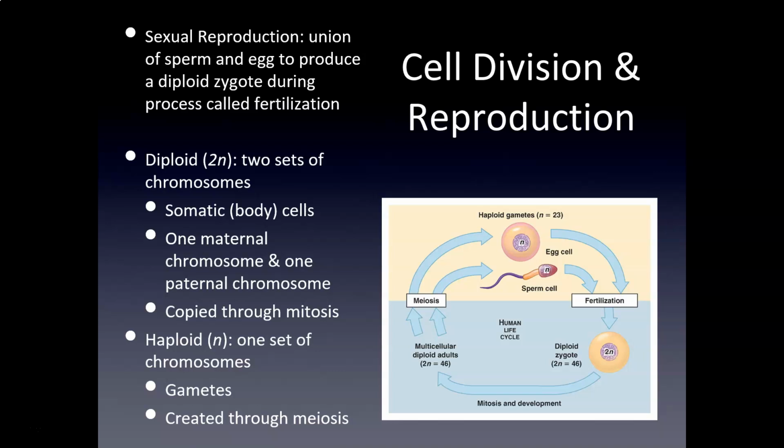What that means is that you have a set of genetic information that came from your mother. You also, in that same cell, have the same type of information, another set of chromosomes that come from your father. So what we talk about here, in terms of numbers, is your diploid number. In humans, we say you have 46 chromosomes.